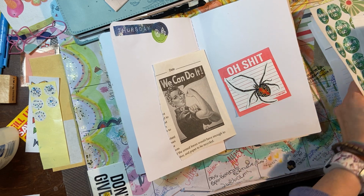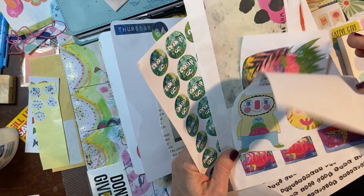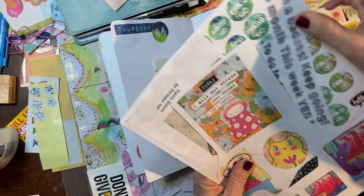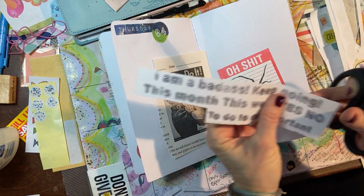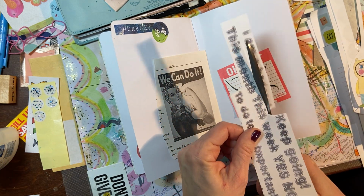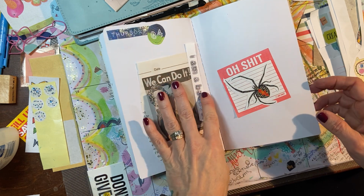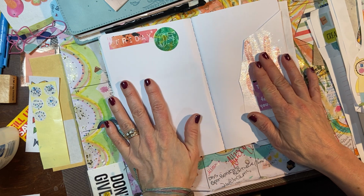Okay, I did get these out, and I did find something I thought I wanted to use in here. It was a quote from, look how cute that little school thing is. Oh, there it is. This is from Lynn, and I'm sure this was in color, and I just printed it in black and white. That is yesterday in the spider story, and then today is